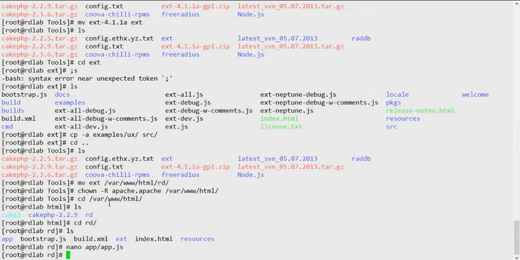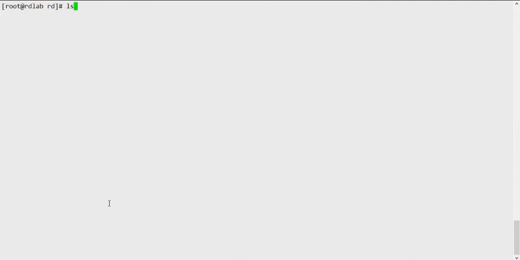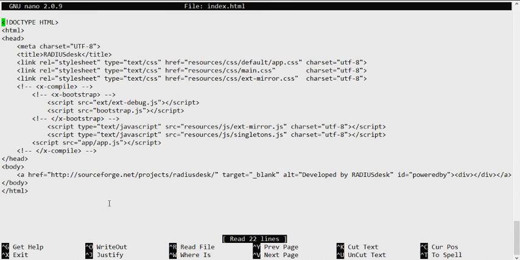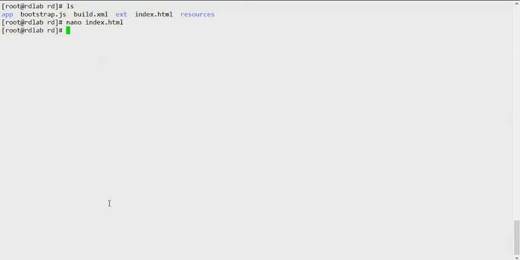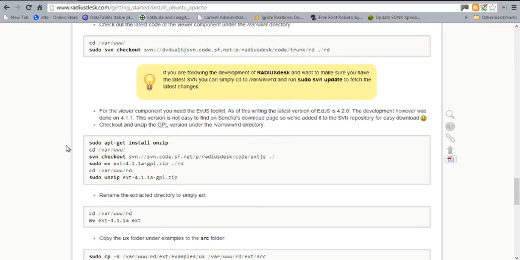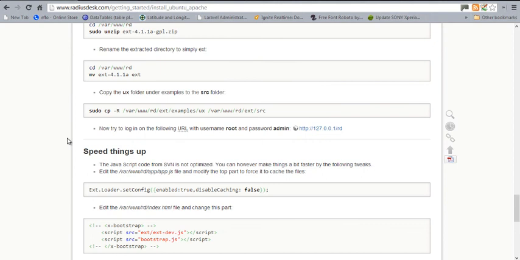This is for performance optimization, because it needs to bootstrap all the JavaScript files, and we need to go into the index.js file here, and we need to change this from debug to all. So we're going to use one that is fully encompassing, and hopefully once we do that, we should be able to hit the RD page,